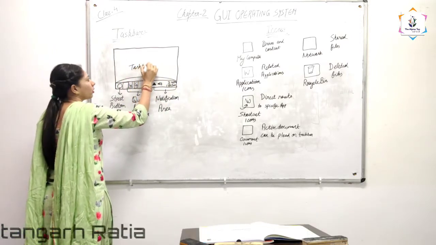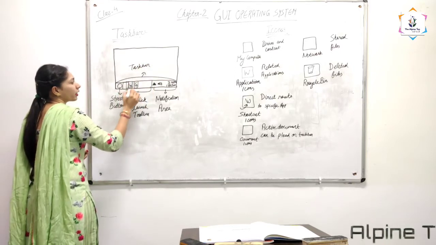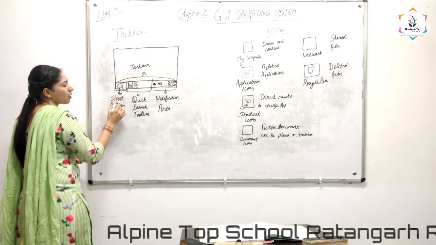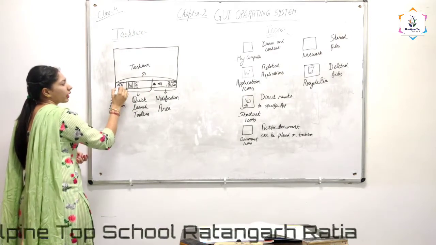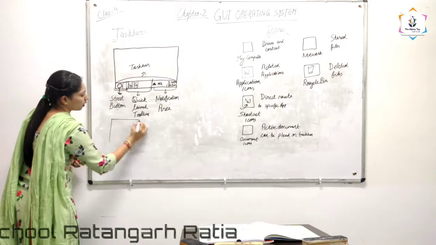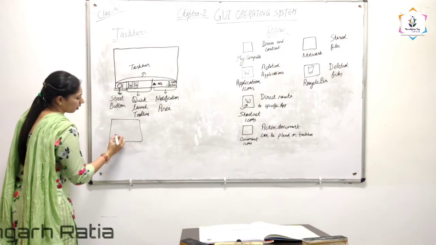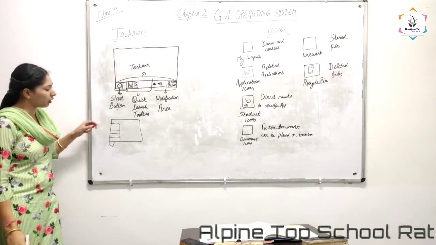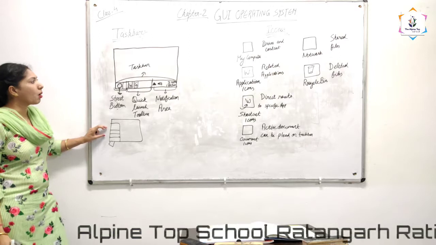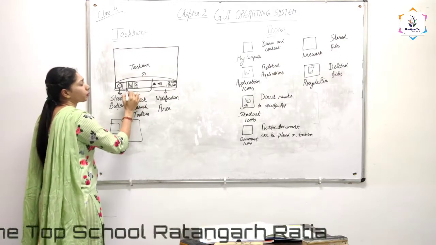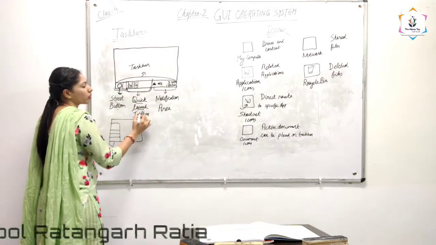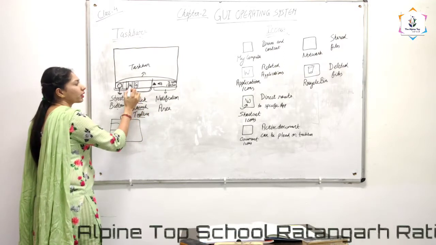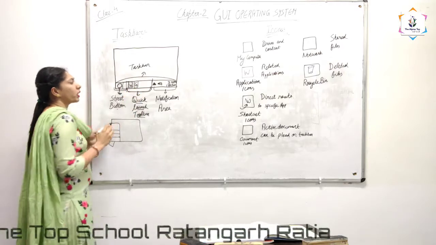Okay, now in taskbar this is divided into three parts. First part, that is known as start button, on clicking which we open a window with program names on it. When we click on specific program, we can open that specific program. Now next part is our quick launch toolbar. What is quick launch toolbar? In quick launch toolbar, the applications which we access,